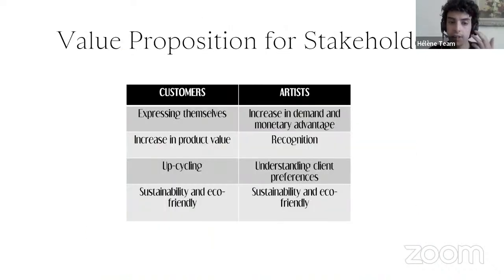So we want to have a word of mouth dependency, especially between a niche group of people. So our main stakeholders are obviously the customers and the artists. We are in need of both. We need to target both of them because we need artists as well as we need customers. And obviously we need to see how the pairing goes with our talent acquisitions.